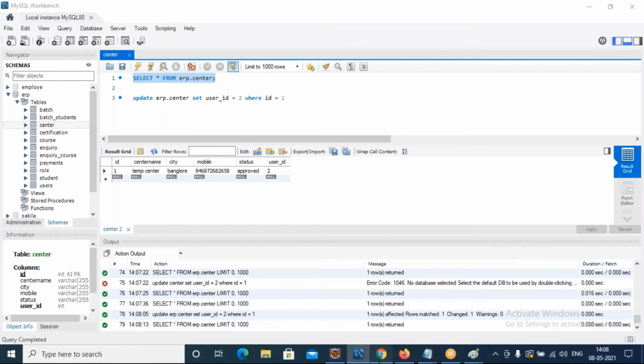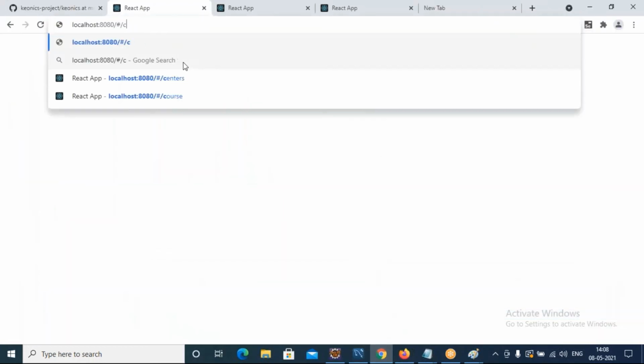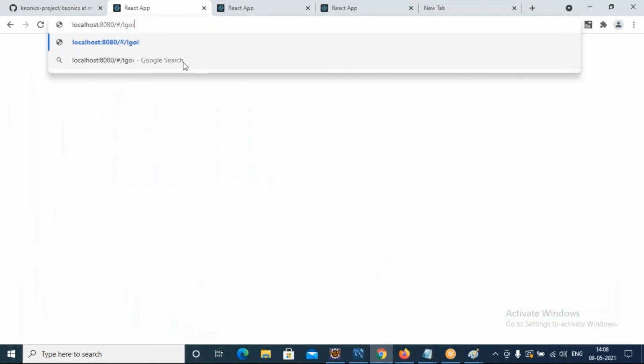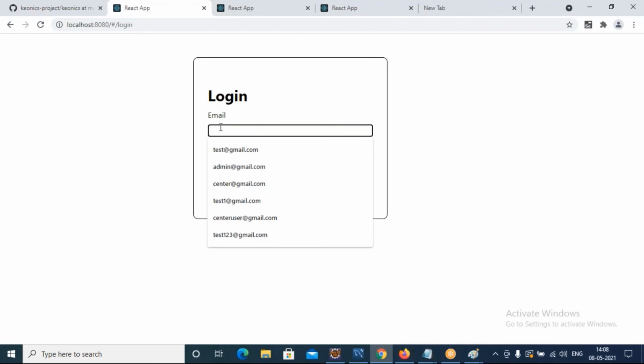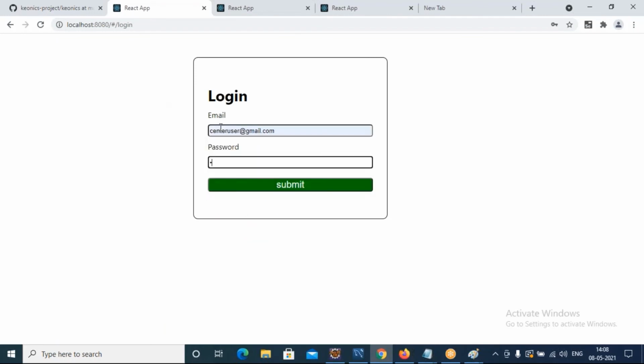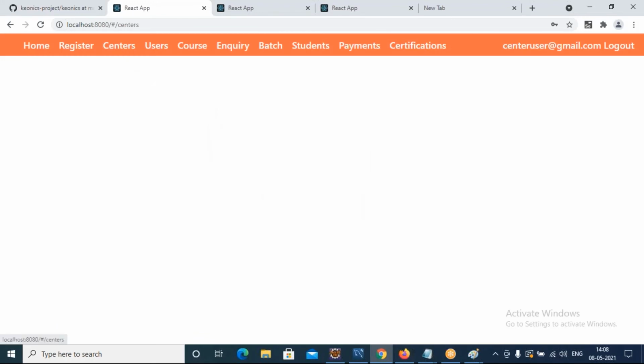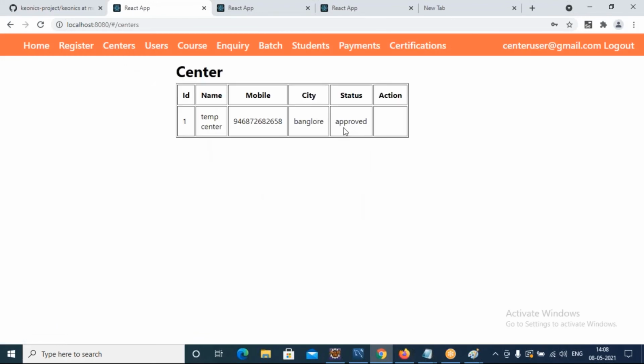Now if I go back to my browser, go back to login. Take this username and password with user. So you should be able to see that center has been approved successfully. Now you can add the inquiry.